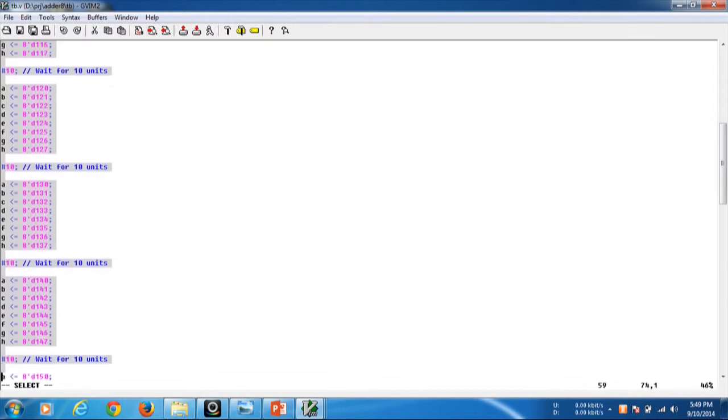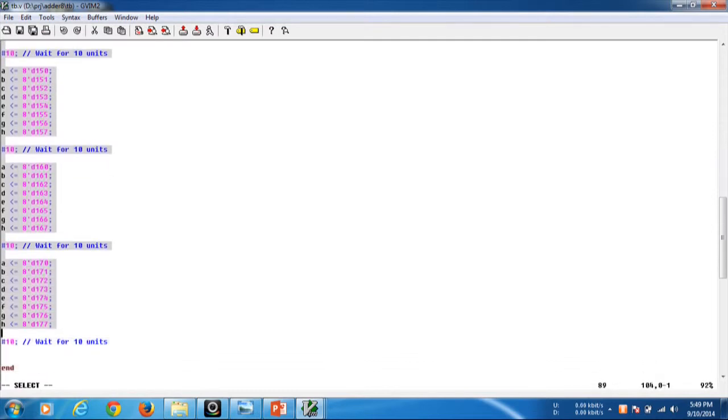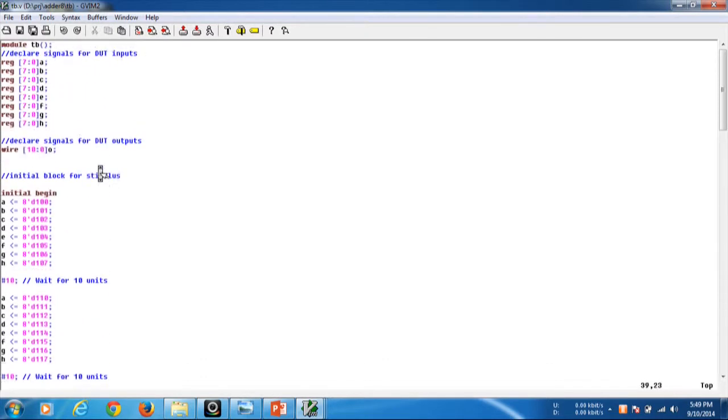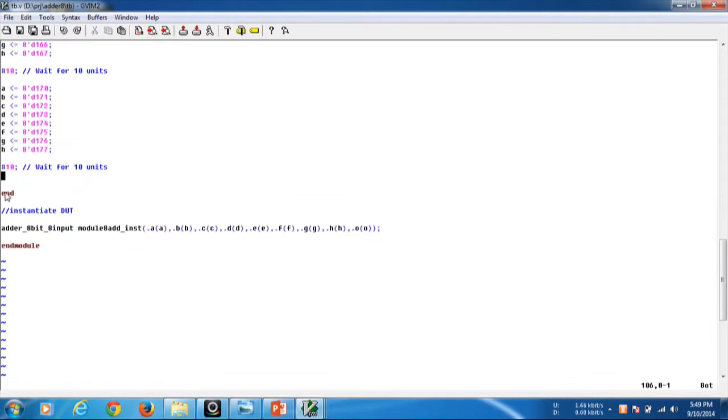Let's see whether our syntax follows or not. So up to end, it is the initial block declaration.